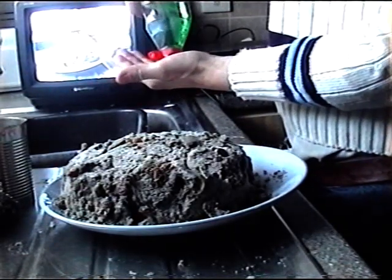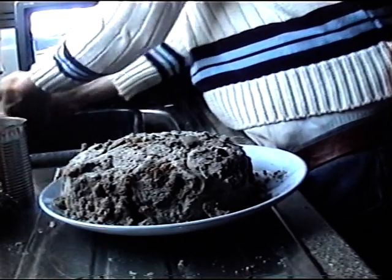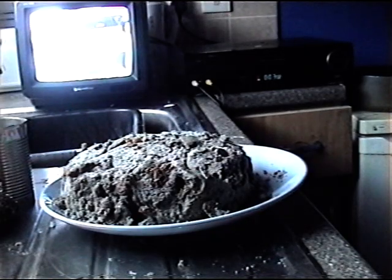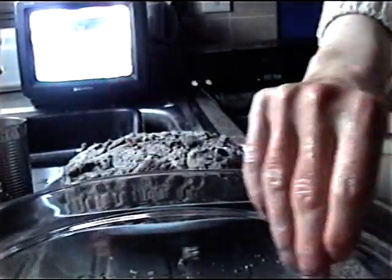you don't always have to weigh your ingredients. Making a cake's the easiest thing in the world. Let's get the camera on a different angle. All you do is add as much flour as the size of cake that you want. So that's as big as the cake's going to be that we need, and